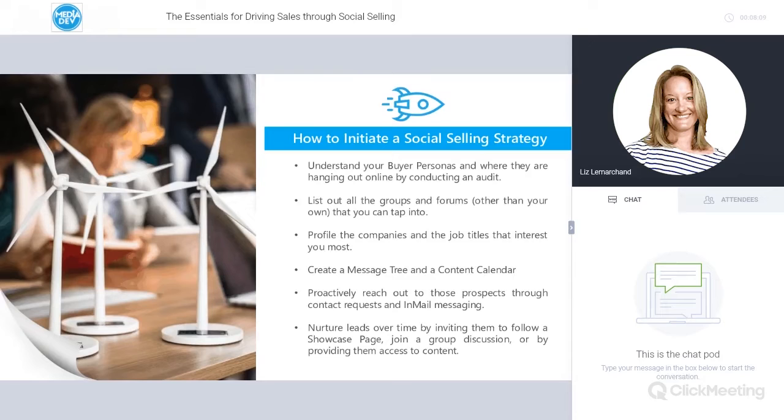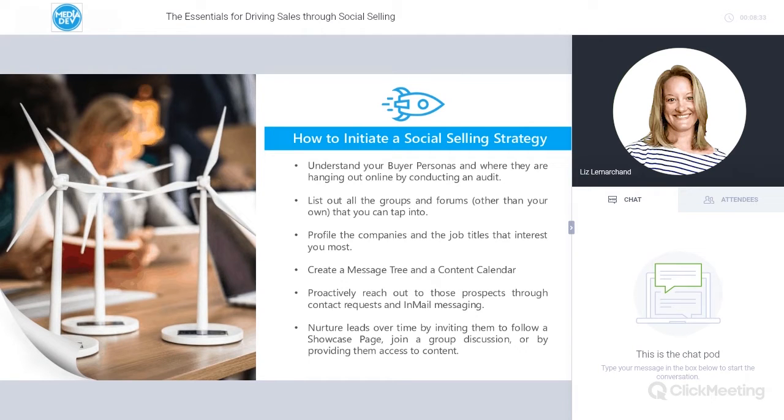So the very first step when you decide you want to create a social selling strategy is to do your research. It's very important to understand the types of prospects you want to target and why, whether this be specific job titles or certain functions within a particular type of organization, or those coming from a priority list of accounts that you've determined have high potential.